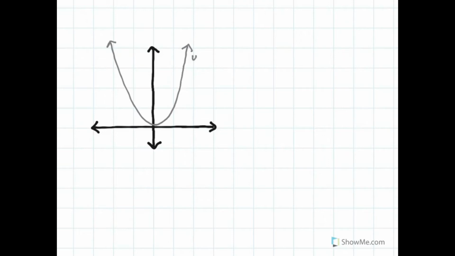Here's the graph of y equal x squared, and although it's a function, it's not invertible because it doesn't pass the horizontal line test. But it's important for a function to be invertible. We often want to go backwards, and so what we do is force this function to be invertible by limiting the domain. So if I limit my domain to x greater than or equal to 0,